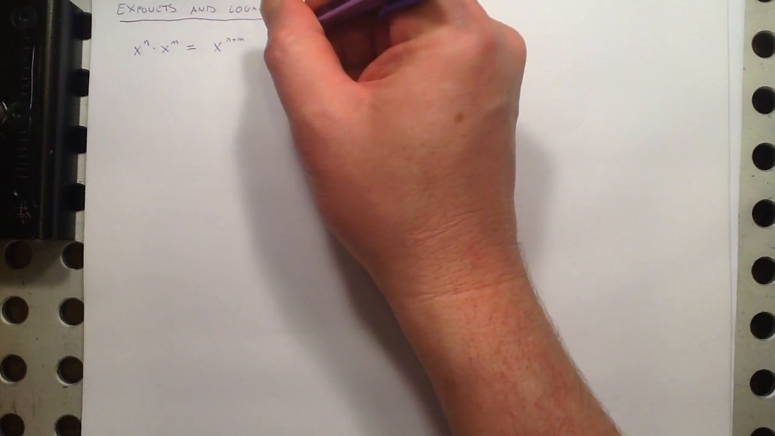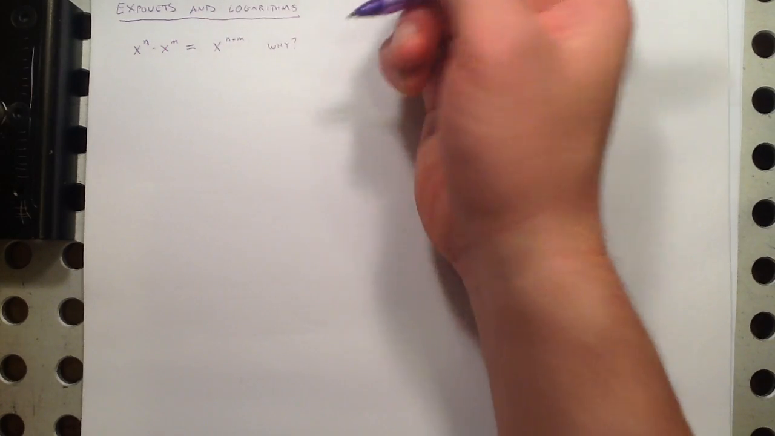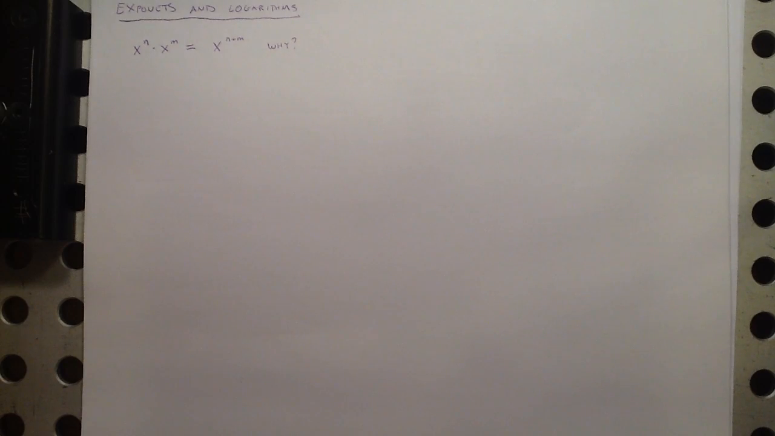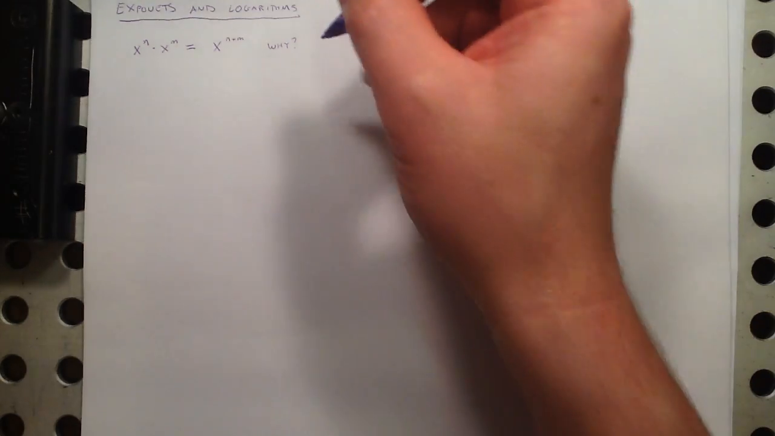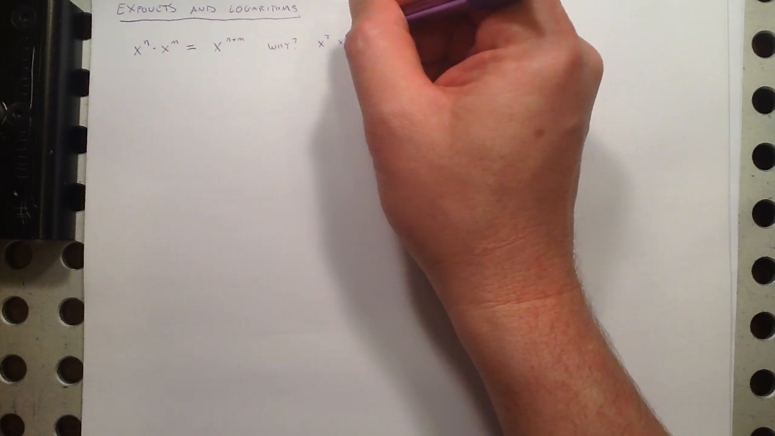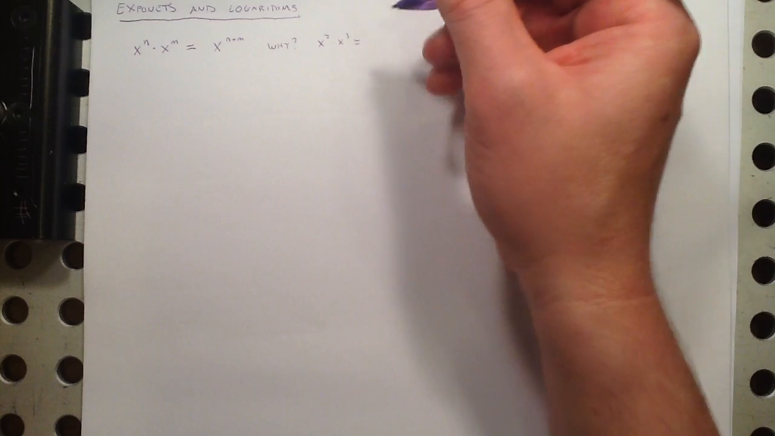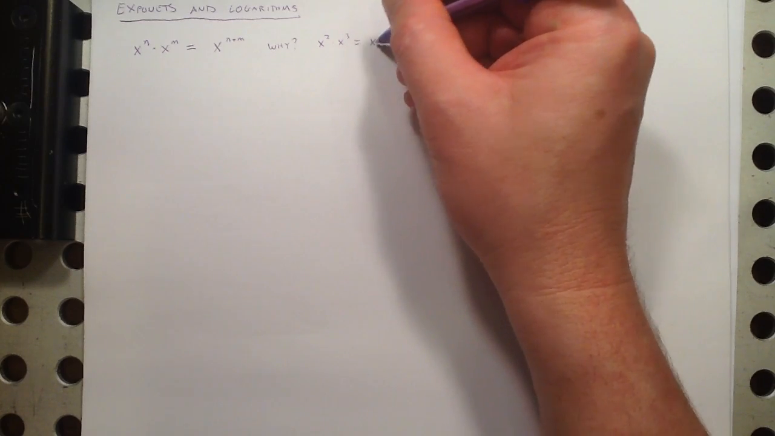Why? Why is that the rule? It's certainly good to know that that's the rule, but I think it's also very important that you understand why that's the rule. Well, we could take a simple example like x squared times x cubed and think about, well, what does x squared mean? x squared means x times x